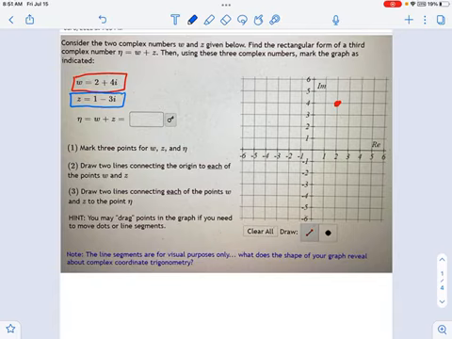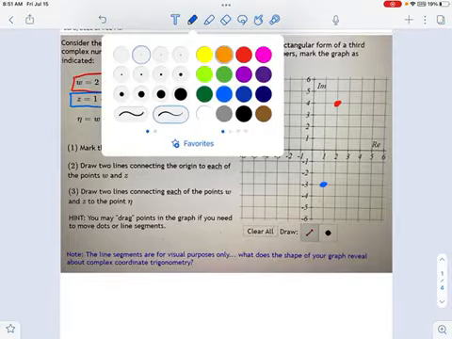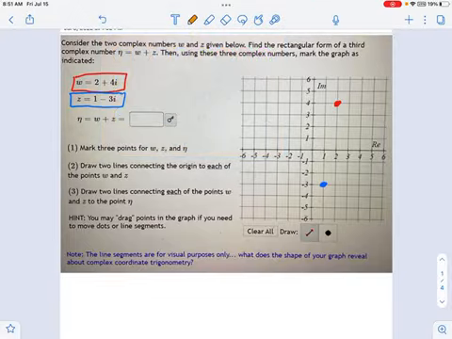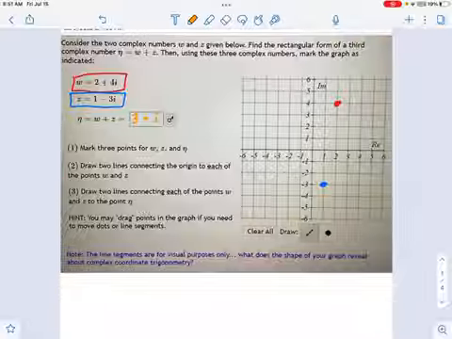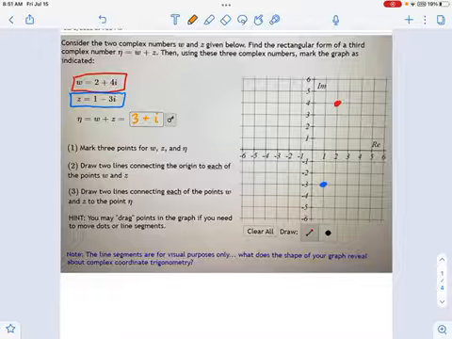And now, if I do the next one, which is going to be in blue, z equals 1 minus 3i. Well, that's going to be x equals 1, and then we're going down 3 over to here. So there's where our point lands for z. And eta, this last one here, first we just need to do a little math here. What's w plus z? Well, this won't take long. 2 plus 1 is 3. 4 minus 3 is 1, so we have 3 plus i. So if we try to put this on our graph, you'll see eta is over 3, up 1 to this spot right there.